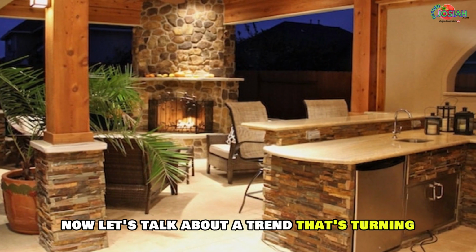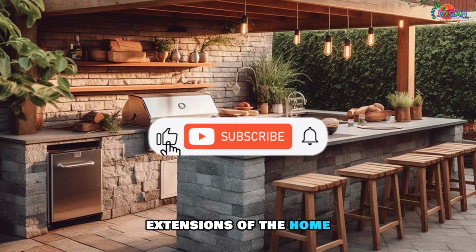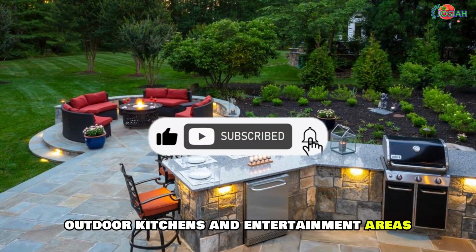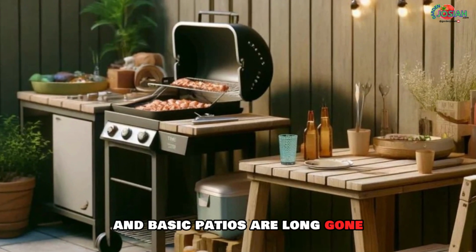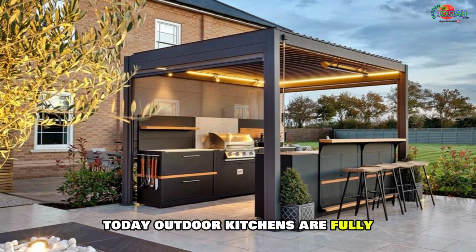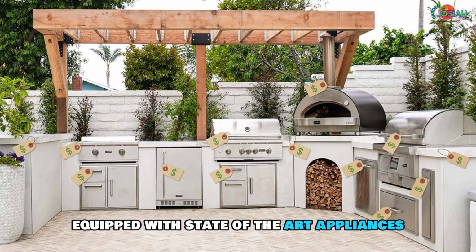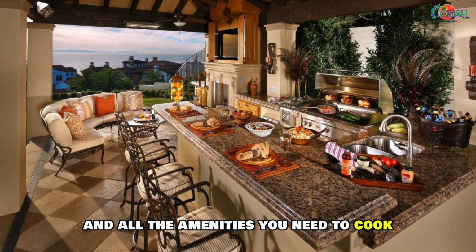Outdoor kitchens and entertaining spaces. Now, let's talk about a trend that's turning outdoor spaces into true extensions of the home: outdoor kitchens and entertainment areas. The days of simple grills and basic patios are long gone. Today, outdoor kitchens are fully equipped with state-of-the-art appliances, stunning countertops, and all the amenities you need to cook, dine,